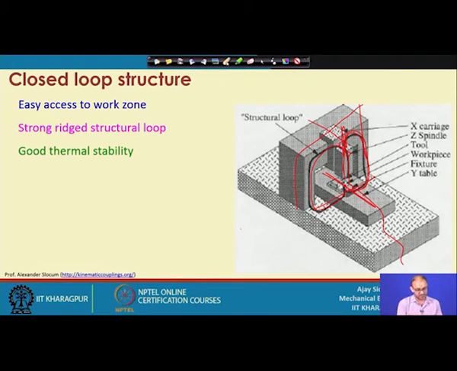If there is a large variation in the temperature, because of the symmetric structure, your tool will not deviate from the center of the axis. We have seen in the previous 2-3 lectures how the deviation of the tool can be affected by the variation in temperature. So, symmetric structures are very important for this type of micro machining operation,